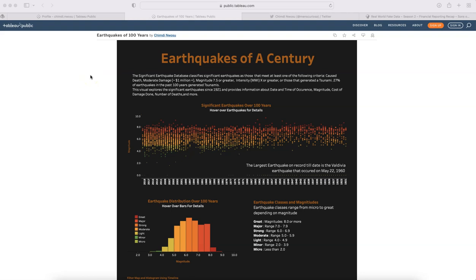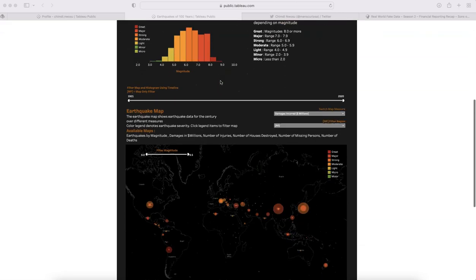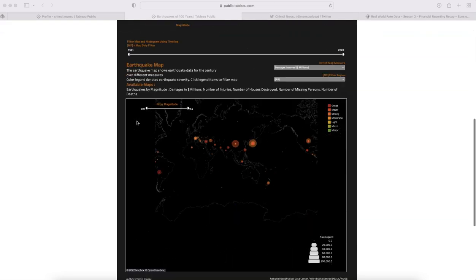Hello there and welcome to the new Tableau dashboard tutorial. In this dashboard tutorial, I am showing you this beautiful one-pager dashboard, or you can say infographic, which has